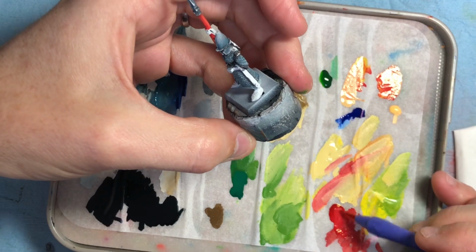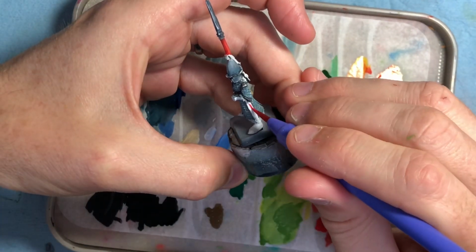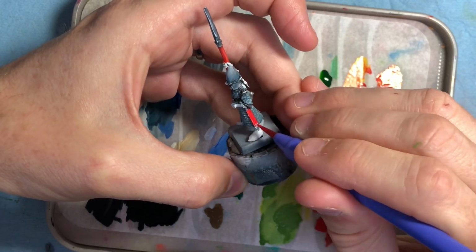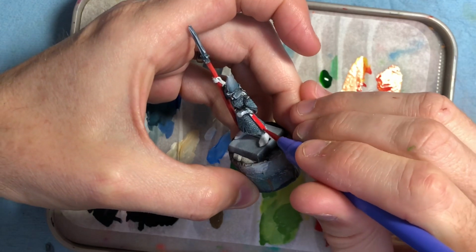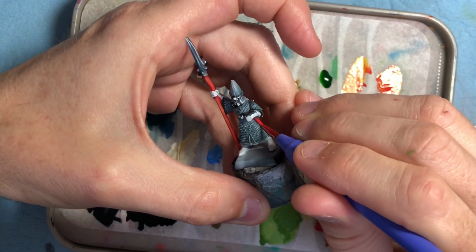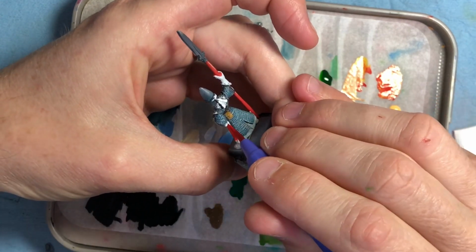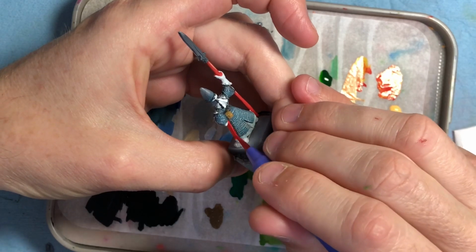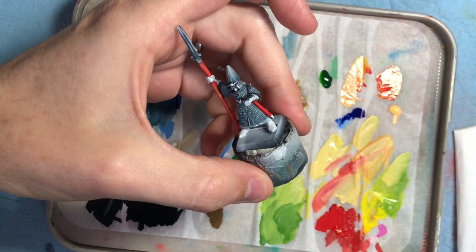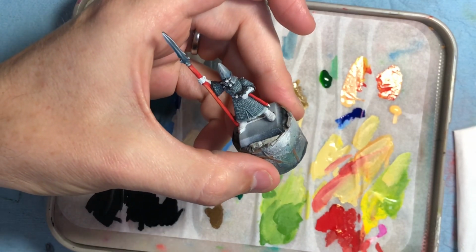Should we make this scabbard red as well? I think they had a lot of red on it, didn't they? I should really have pulled a picture up of these guys before I started doing it. That would have been very helpful, Josh. Why didn't you do that? In fact, if you give me 2 seconds, I'm just going to grab the book. The high elf book is just behind me. So I just want to double check those colours just to make sure I'm doing it correctly, like to the Codex